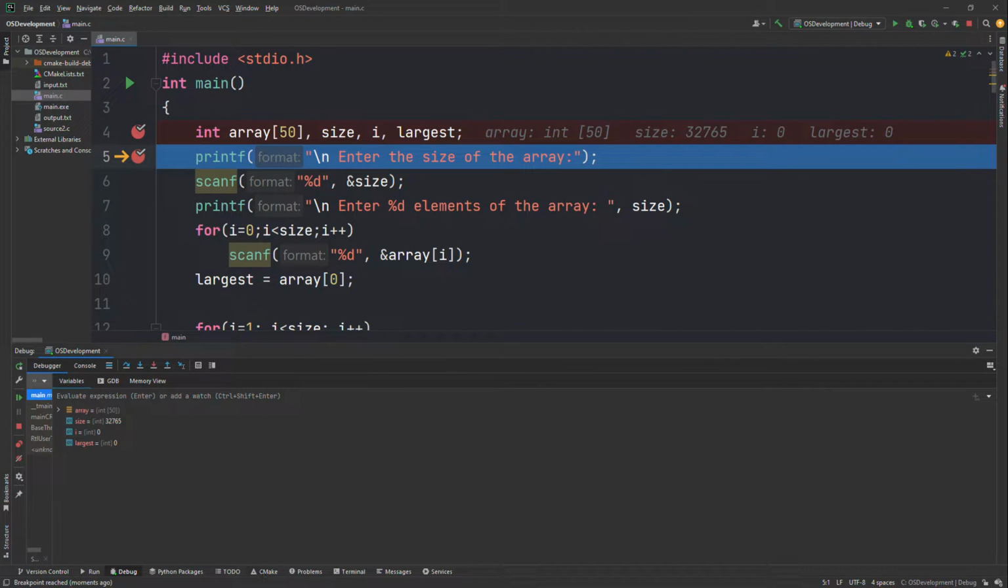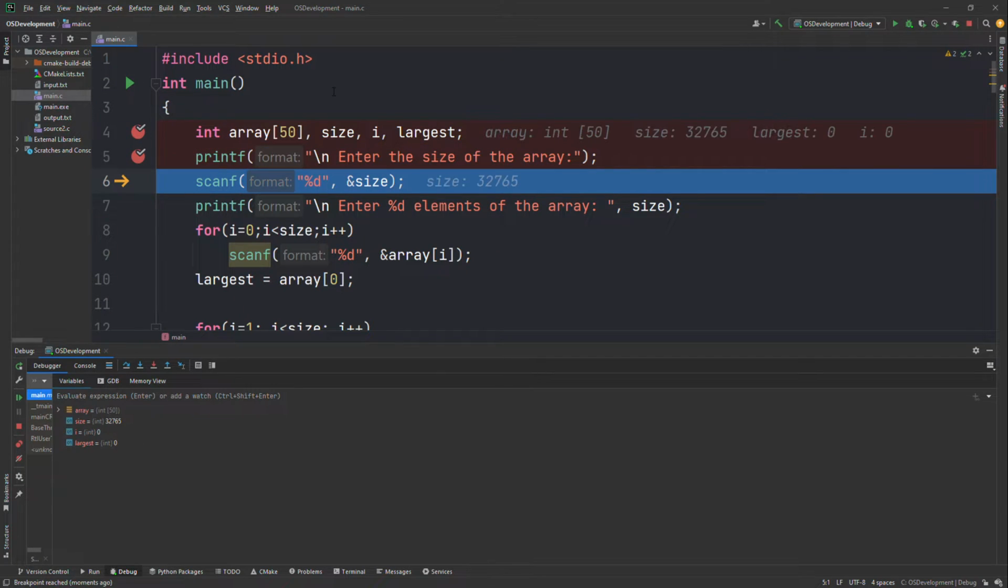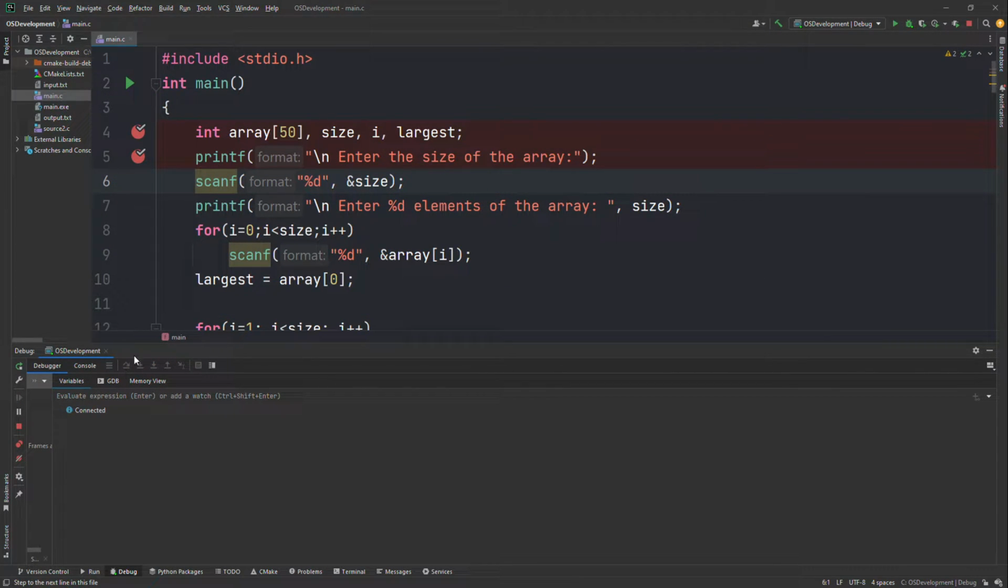And the output window, it kind of looks like a command prompt window. It comes up in a side window, so hopefully you guys can see that. So when we step over this string, the string should come up in the command prompt window. So it says enter the size of the array. And then if we step over this, it says